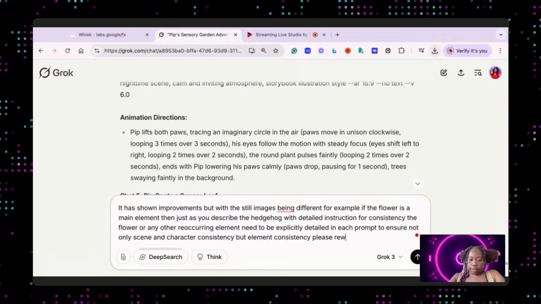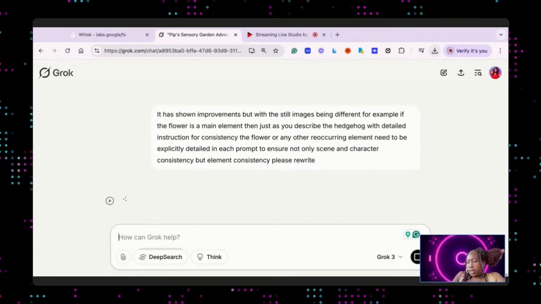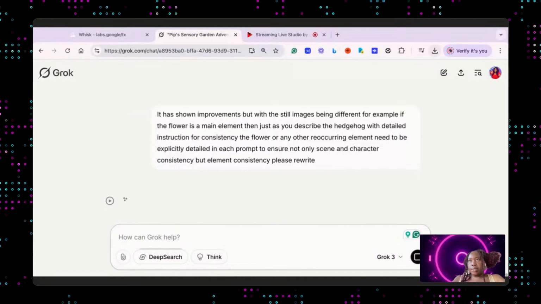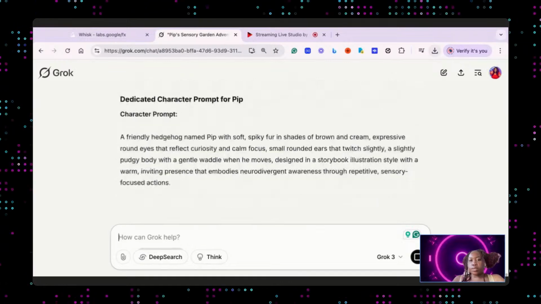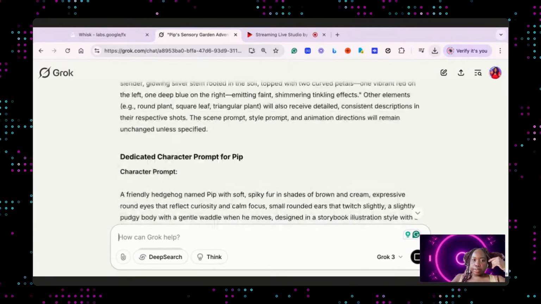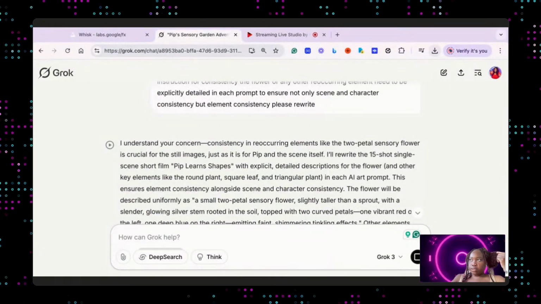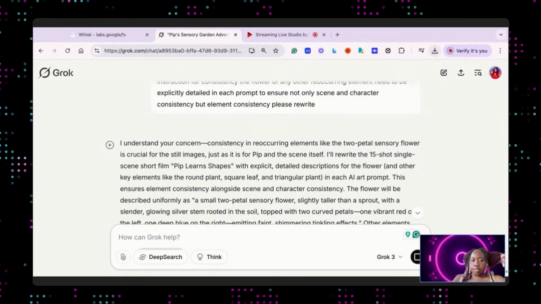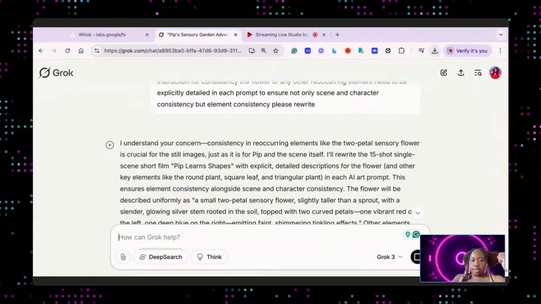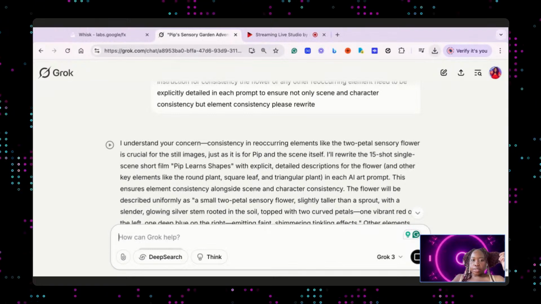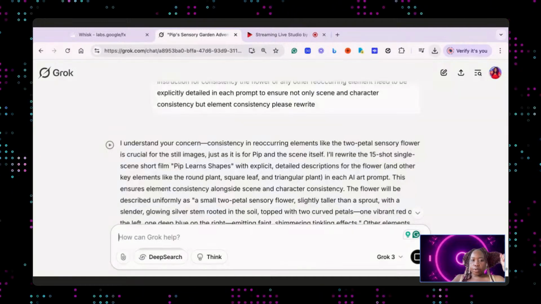Please rewrite. Because the flower kept changing, it made it hard for even the scenes to flow. So I went in with a better reiteration prompt to add more elements of consistency with Grok. And it says, I understand your concern. Consistency in reoccurring elements like the two petal sensory flower is crucial for still images, just as it is for PIP and the scene itself. I'll rewrite